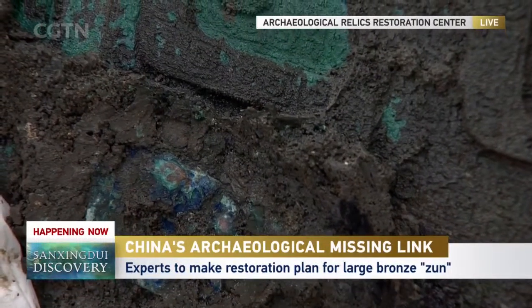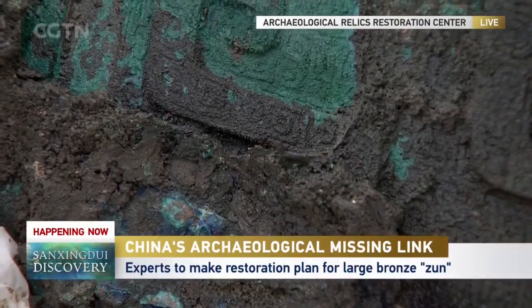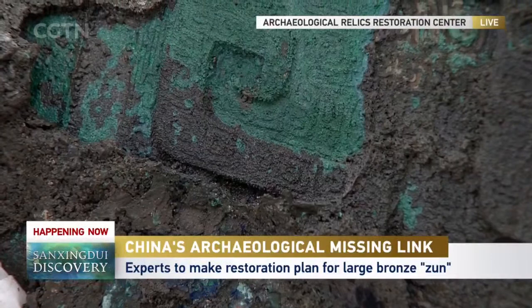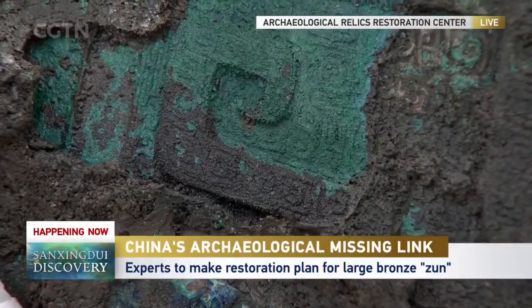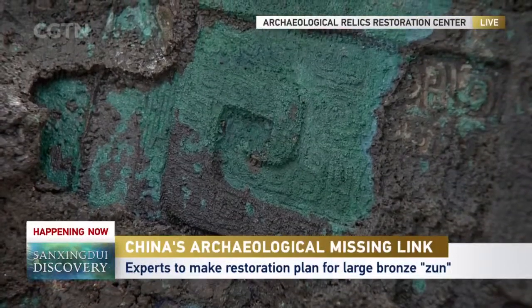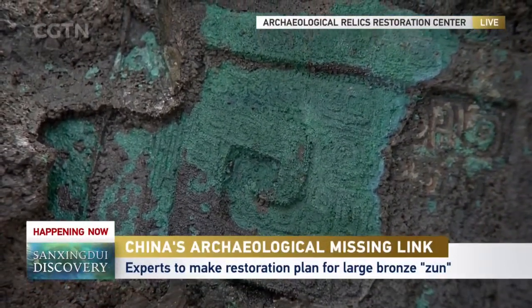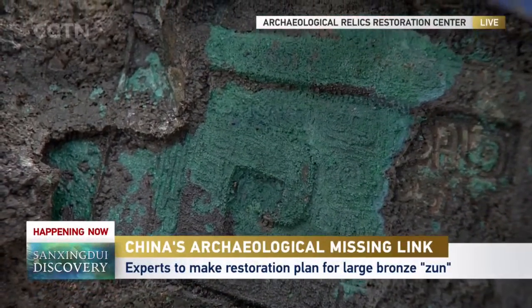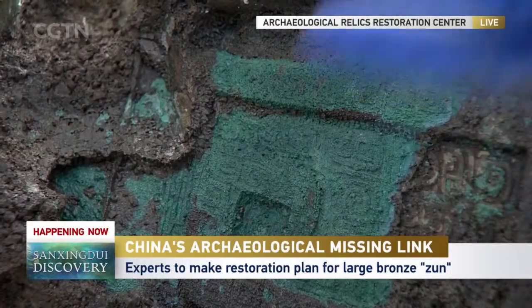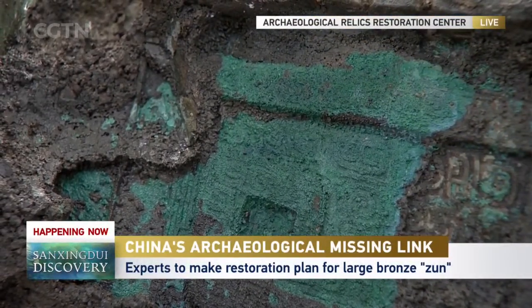Talking about this big mouth bronzeware, the first step is to clean away the mud on the surface of it. And we also have to take some samples of the mud, and later run the CT scanning, and also readjust the whole body if there is a problem of deformation. After figuring out all those issues, thanks to our science and technology, we have to take another 6 months for